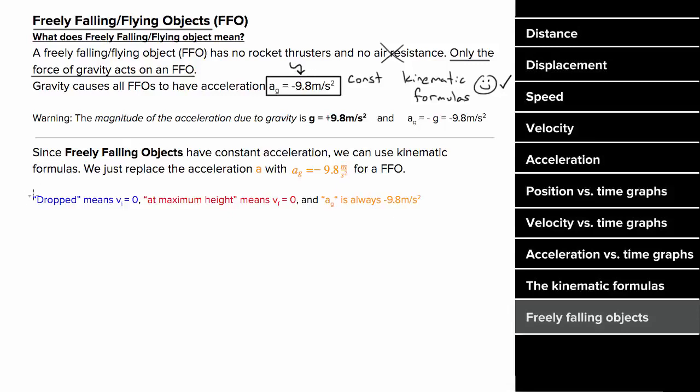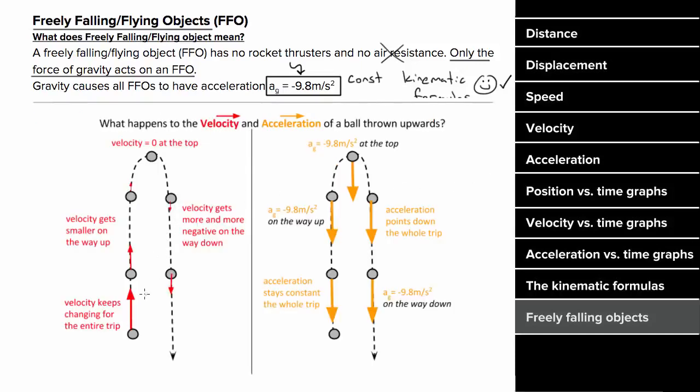Watch out for code words. Dropped is code word for initial velocity is 0, the final velocity at the maximum height will be 0, and the acceleration due to gravity in the vertical direction for a freely flying object is always negative 9.8 meters per second squared. But be careful, if you analyze the motion of an object flying upward, the velocity gets smaller on